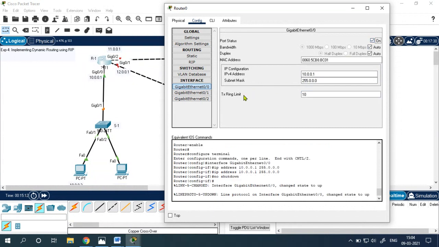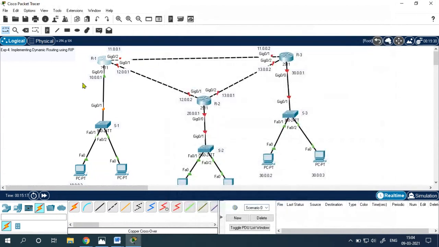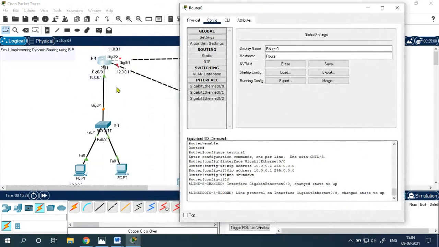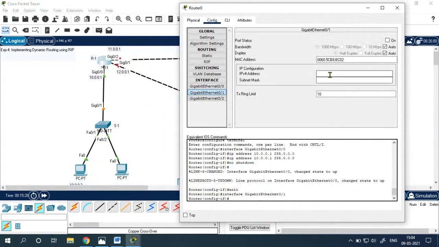Then the last command we will give is no shutdown, which means this line should be on. So you can see that this interface has turned green. There are two more interfaces. Gigabit Ethernet 0/1 is connected to network 12, right? And its IP address is 12.0.0.1.